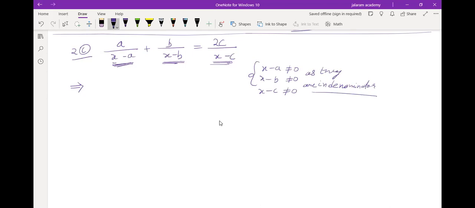In the definition of a rational number, we have studied that a number which can be expressed in the form of p by q with q not equal to 0, where p and q are co-prime, is called a rational number. So q must not be 0, which means the denominator must not be 0. Is that clear to you?